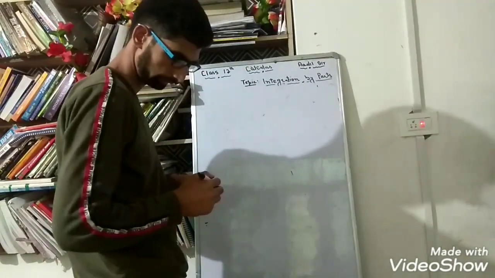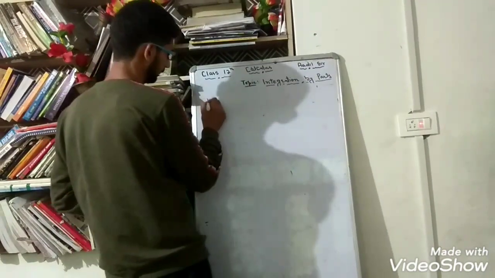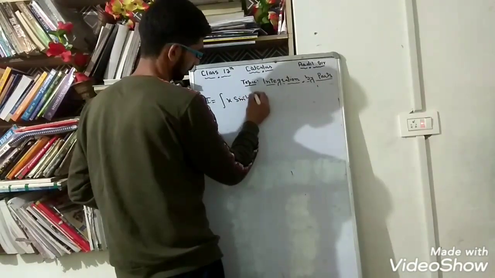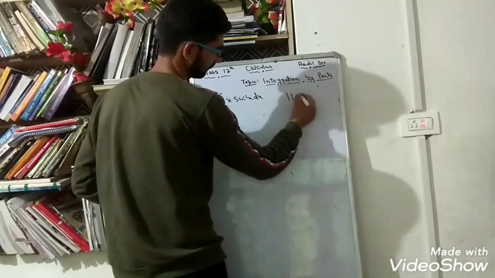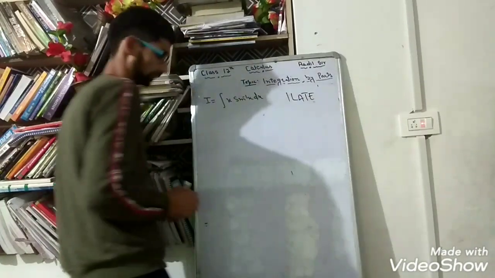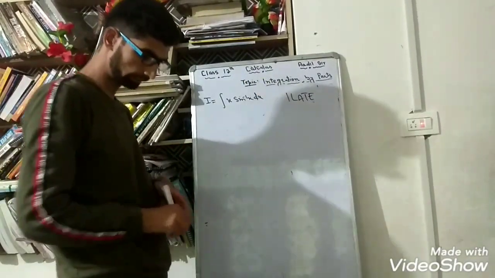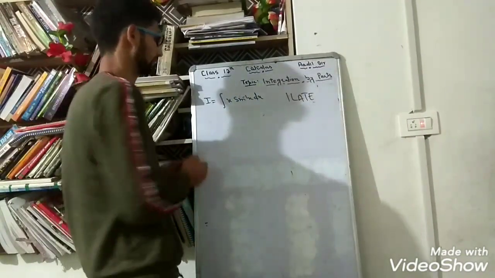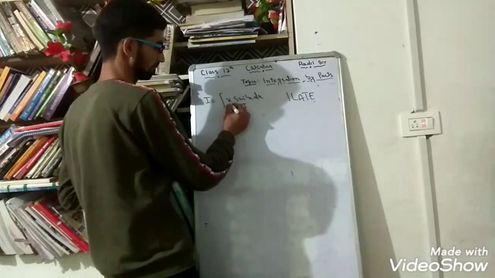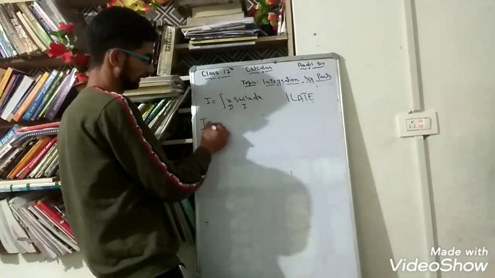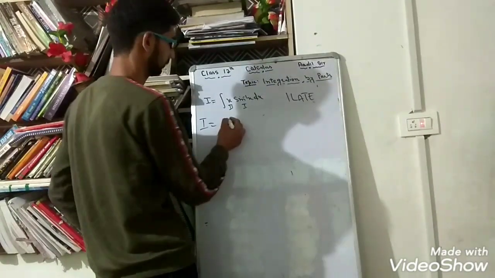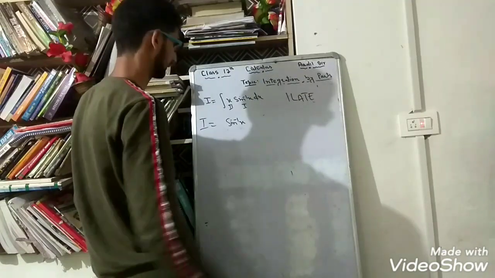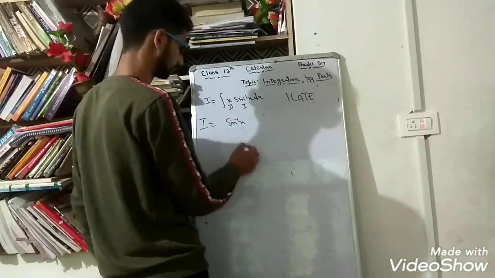Now we have I equals the integral of x sine inverse of x dx. Because of ILATE, which function do we have to consider first? The inverse, this sine inverse, so we take this as the first function and the other one as the second function, and you will get I is equal to first function, we write sine inverse x, and then we integrate the second one,